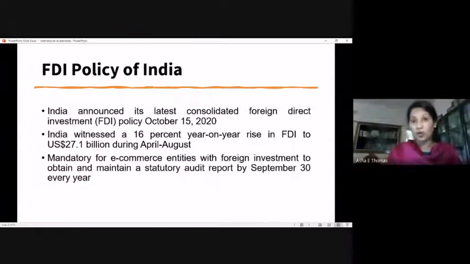That's a kind of control being exercised by the government to bring transparency into the operations of these e-commerce providers, e-commerce companies. So that again came up as part of India's FDI policy in 2020, which was not there earlier. Prior to that, we did not have such a condition, which was newly introduced, that they have to provide the auditor report at the end of the year, around September 30th. So these are some of the major policies in the consolidated FDI policy, which was released in October 2020.